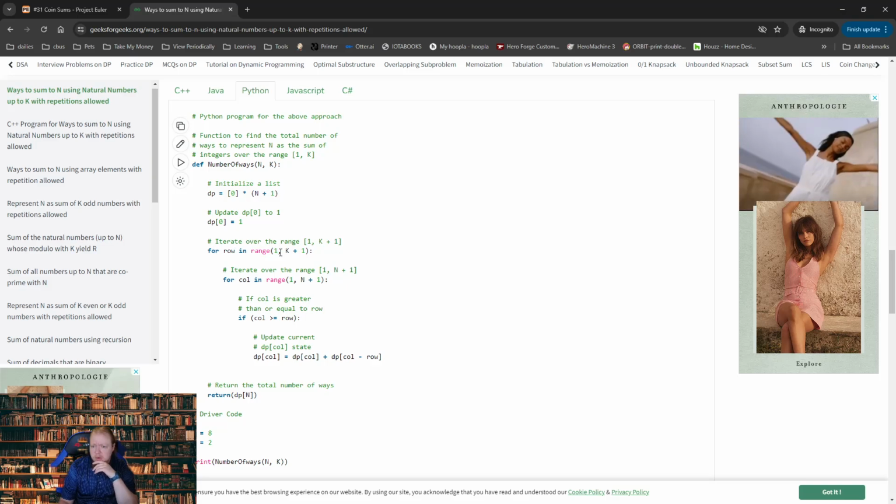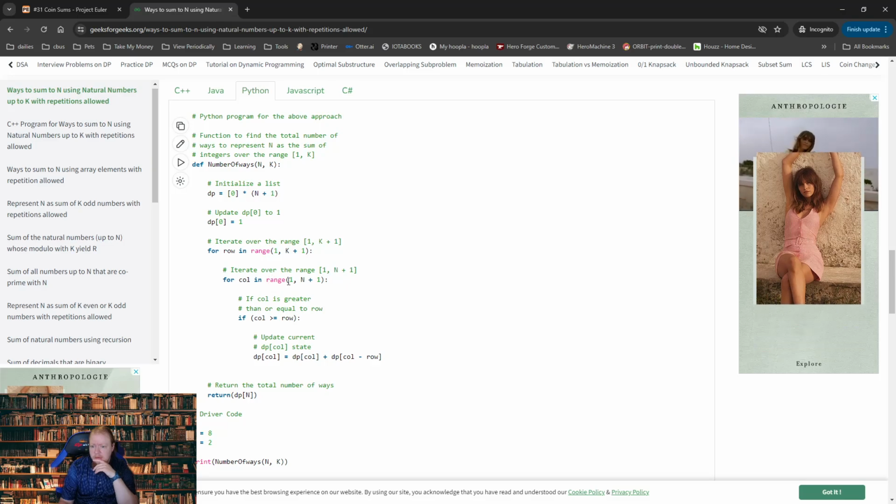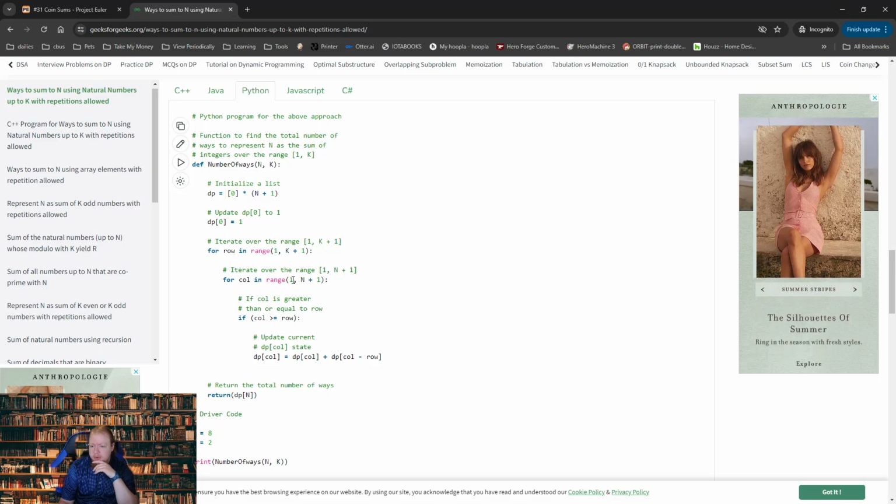So, starting with 1, if column is greater than or equal to row, update the current dp column state. So for 1, 1, it does nothing. Come back to the second loop. It becomes 2. So then we update